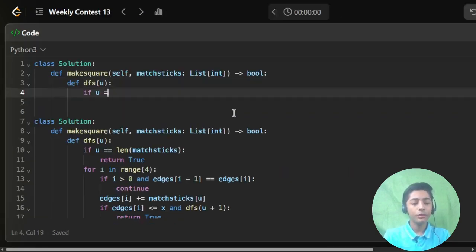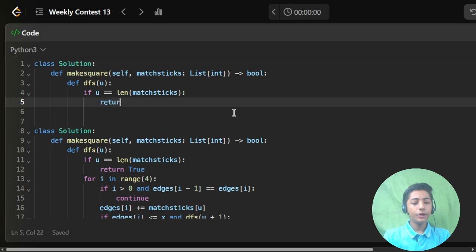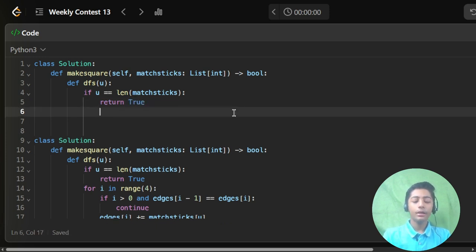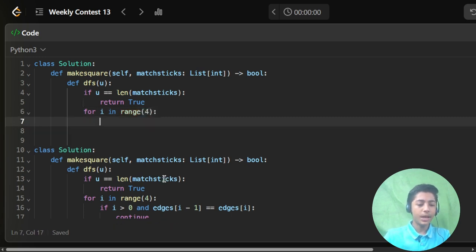If u equals length of matchsticks, then we return true, because we can make a square using the matchsticks, so that's why I'm writing true here. Then a for loop, for i in range of 4 sides.